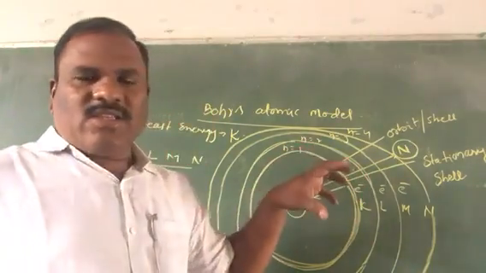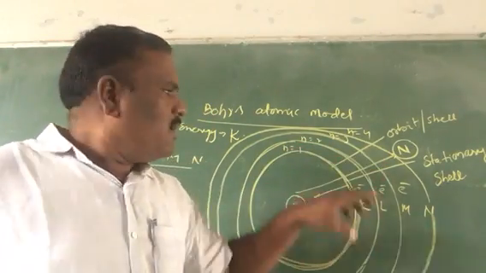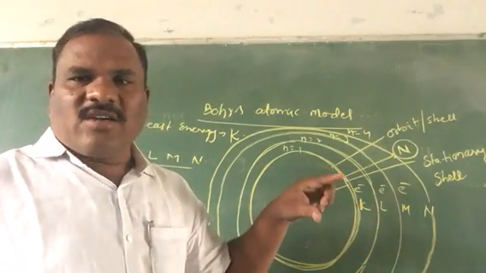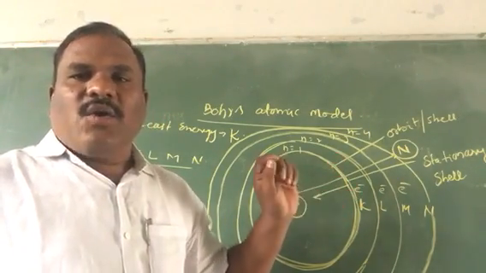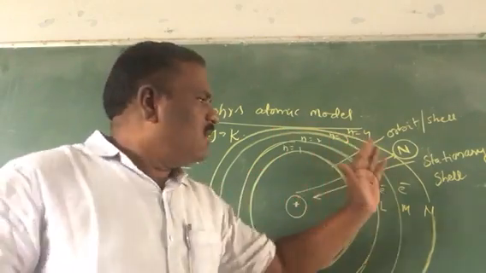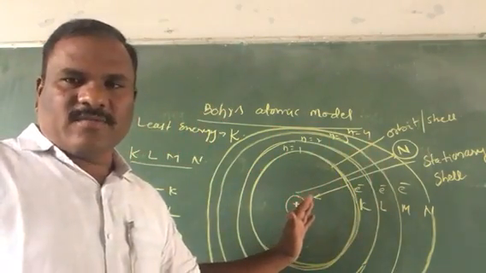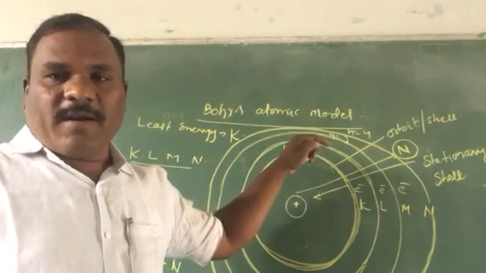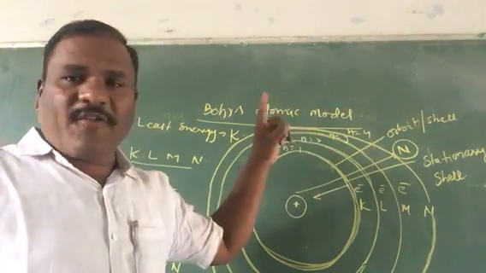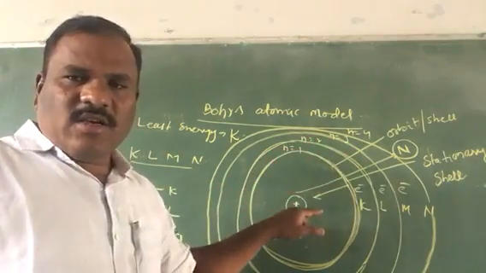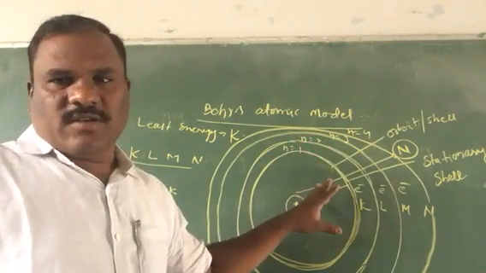So the main thing is Bohr's model. He explained that whenever the electrons revolve around the nucleus, they do not lose energy. So if they do not lose energy, the electron cannot fall into the nucleus. But whereas Rutherford, this drawback was not explained. That is a major failure of Rutherford. But as long as electrons are revolving around the nucleus, they do not lose energy.